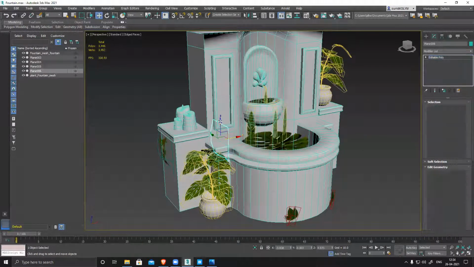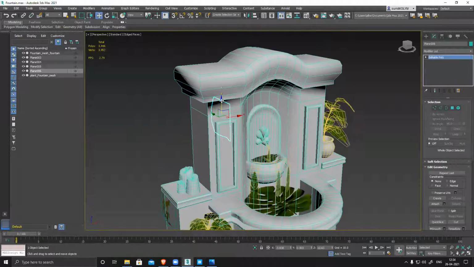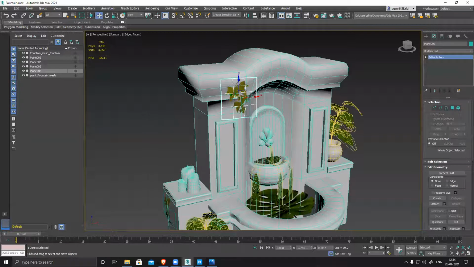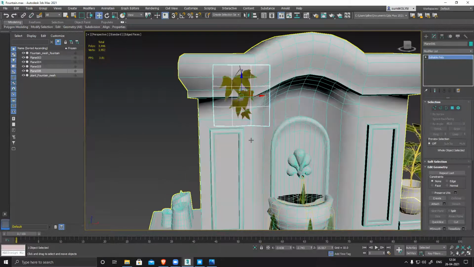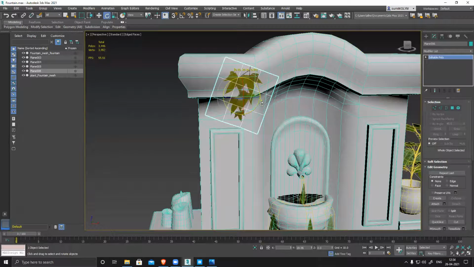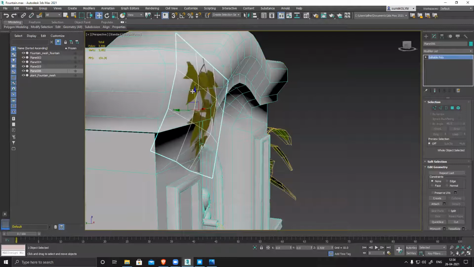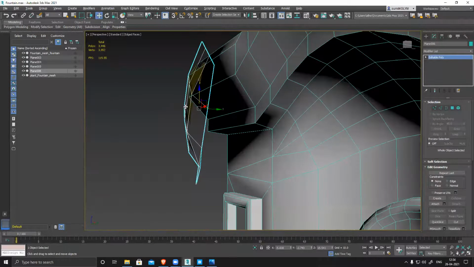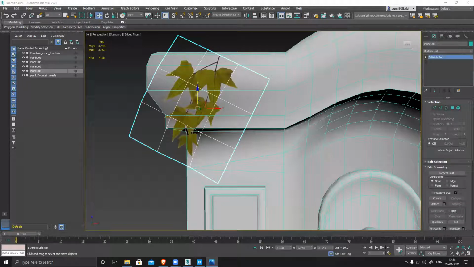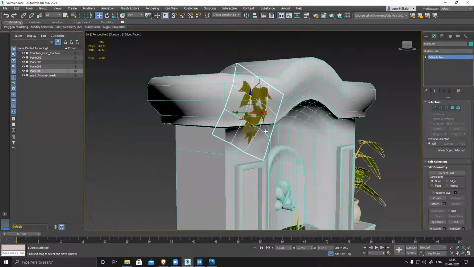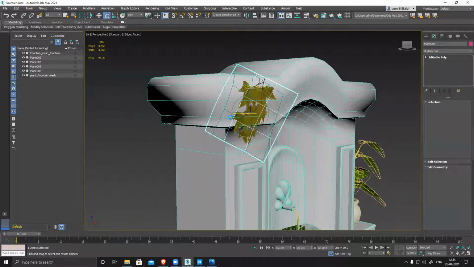Duplicate, copy, rotate and place it nicely. And same thing, shift, rotate,